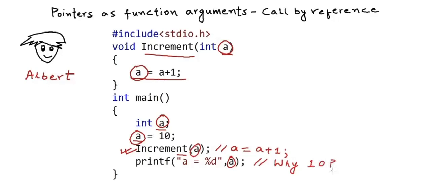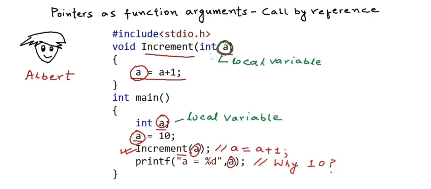Why is it 10? Now what Albert does not understand well, or what he probably forgot, is that whenever we declare a variable inside a function, we call that variable a local variable, because just using the variable name, we can access that variable only inside the same function in which we have declared it. So these two a's, this a in the function increment and this a in the function main, are actually not the same a. The a in the function increment is another a,